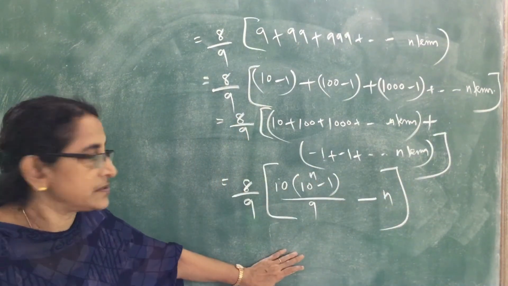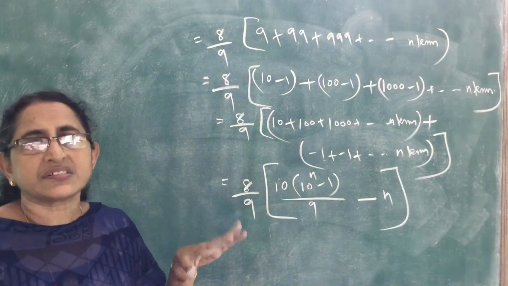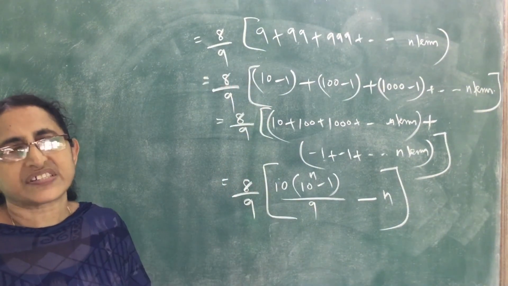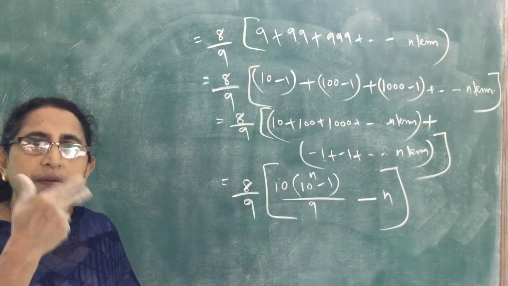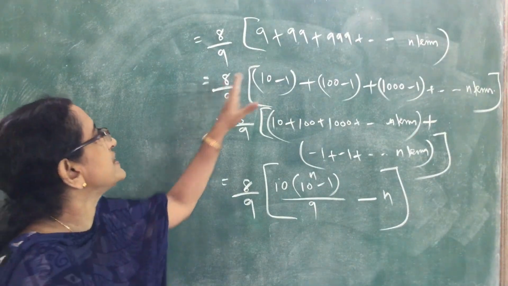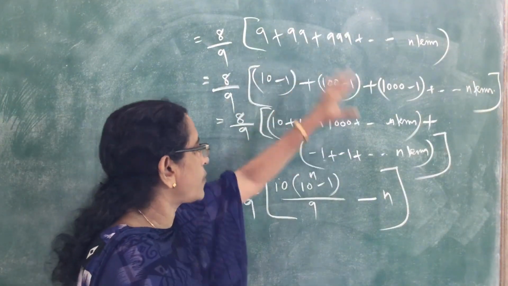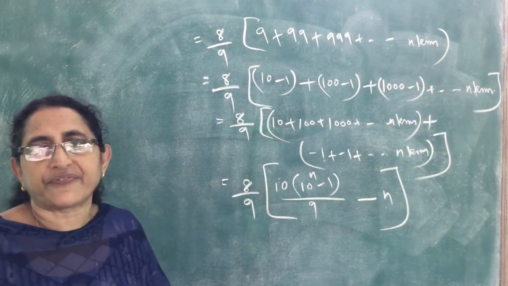This is the answer. So for all such questions we have to follow the same method. First take that number outside, then the remaining part will be the same in all the questions. Inside the bracket, the method is the same; only the outside number will be different. Okay.